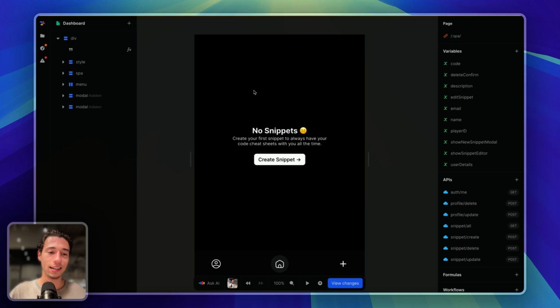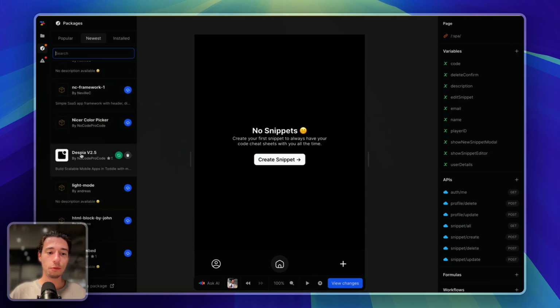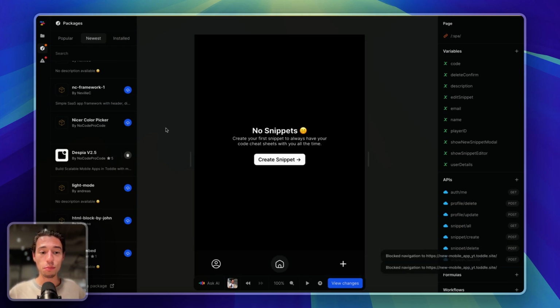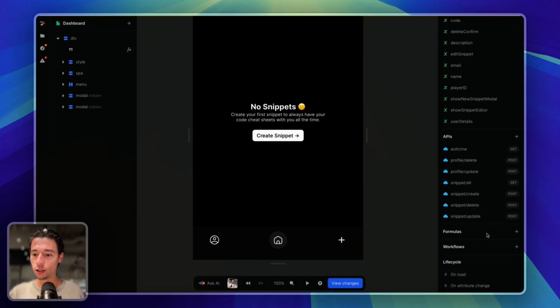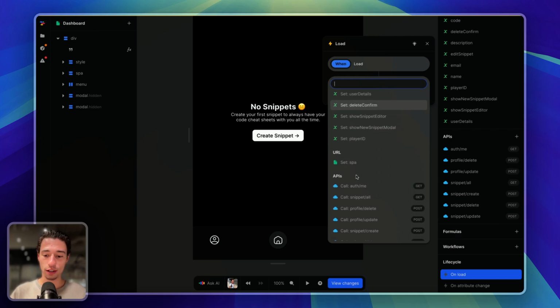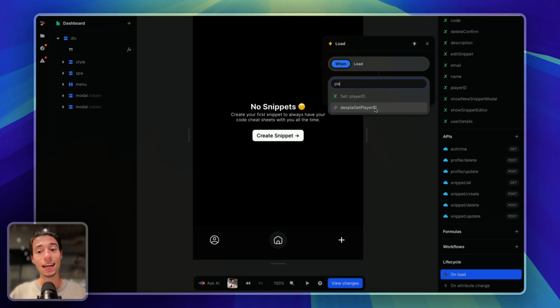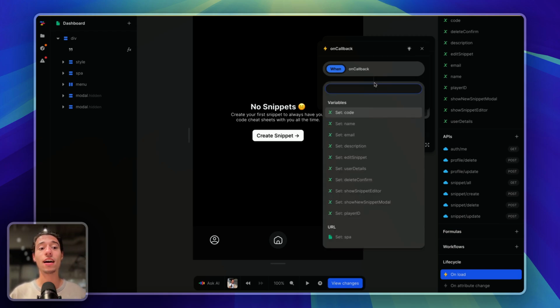Right now there is no player ID. And then I'll be going on my packages, and I will be going to the Despia package. And I want to make sure that it's the latest one, because we'll always have exciting updates to improve the experience. Now we got that all in here. And now what I want to do is I want to go on load of the page, and I want to run the Despia function for Despia get player ID. And then the callback, meaning once we got the ID back from the device,